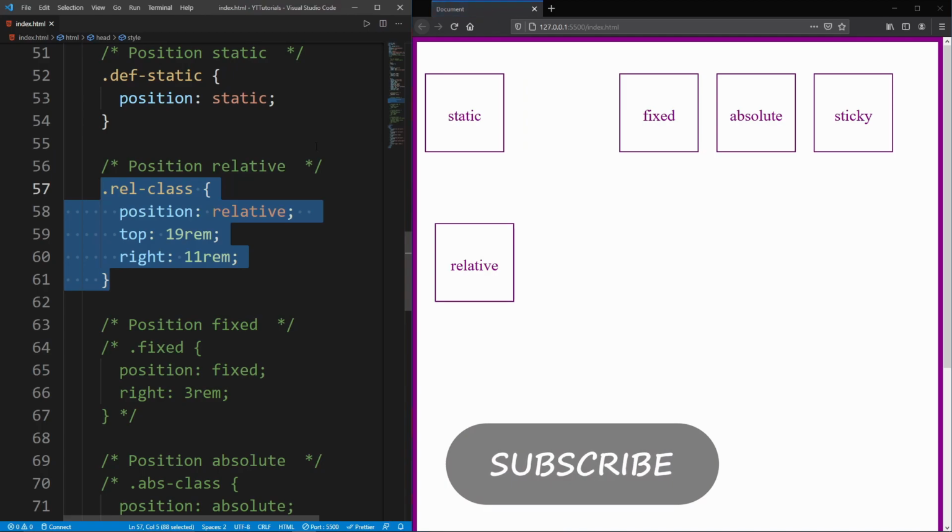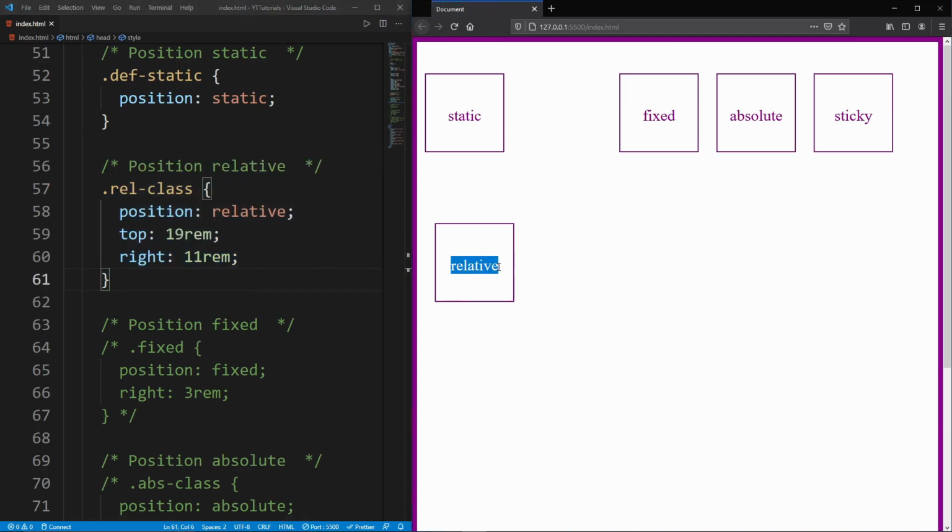So we can uncomment this, and as you can see here, the position of our element changes. So what's happening when we give top 19 rem? From here it will go down 19 rem. So whenever you give top 19 rem or top 19 pixel, you can use any value you want, it will just go in the opposite direction.